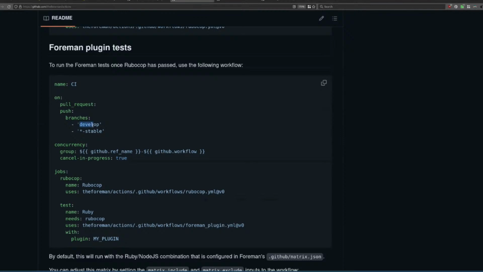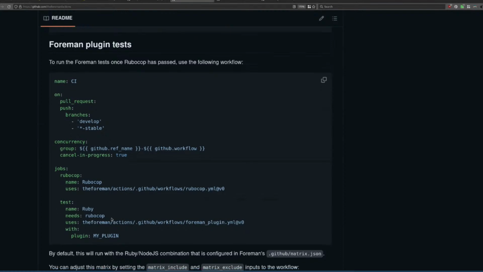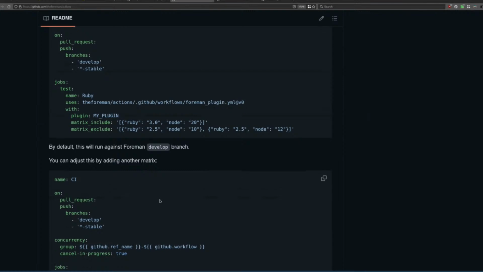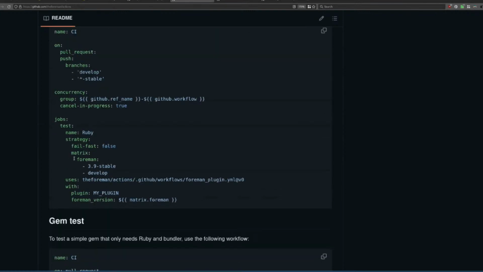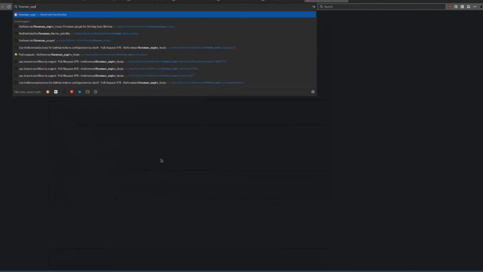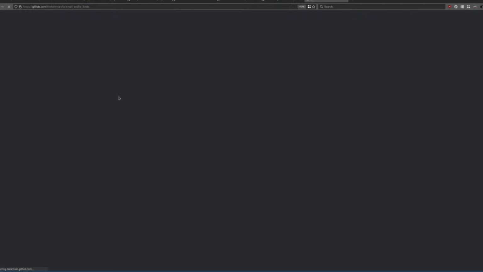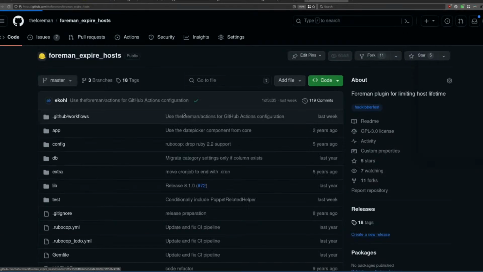You probably need to modify the branches here because some of them use develop, some of them use master, but those are all small changes. All the complex things it does well. You can even do matrix testing. So you can say, I want to test with Foreman 3.9 and develop, because I'm also maintaining a stable branch. And all of that is taken care of by the reusable action. You don't need to worry about it too much. And you can see this in Foreman expire hosts, where if we take some action,